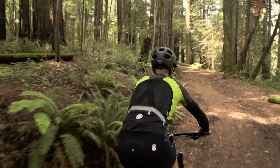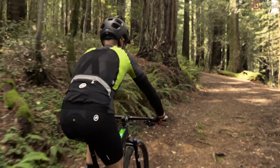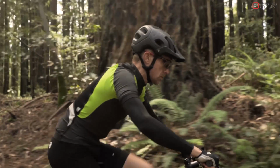When I unboxed the T.Rally Jersey, I couldn't stop staring at the sheer mesh back and shoulders. Obviously, it blows off heat like a smokestack when you're maxed out, but what I didn't figure out until later was that it's also optimized for use with a hydration pack. Upon closer inspection, you'll notice the mesh is lightly padded and not as slippery as lycra. It's an incremental gain, but one that pays off exponentially as the ride length increases. And when you're not wearing a pack, the shoulder vents work in concert with the rear panel to pull in air and create a touch of lift between the jersey and your back,